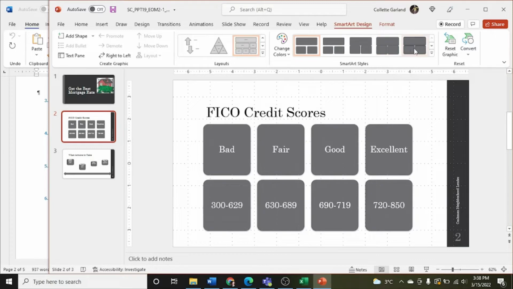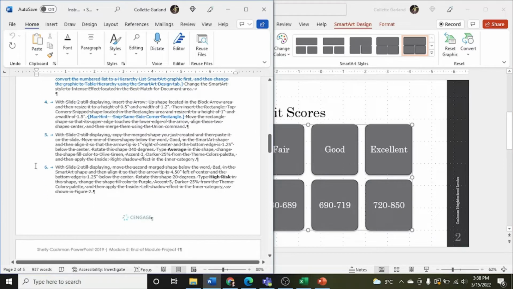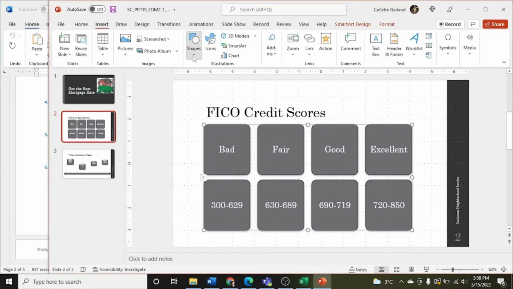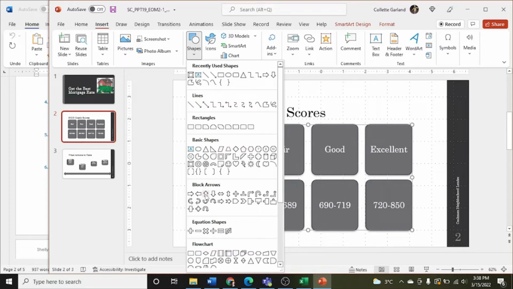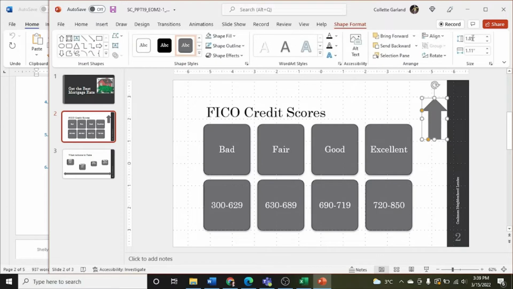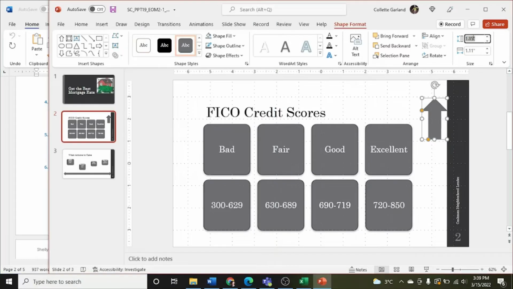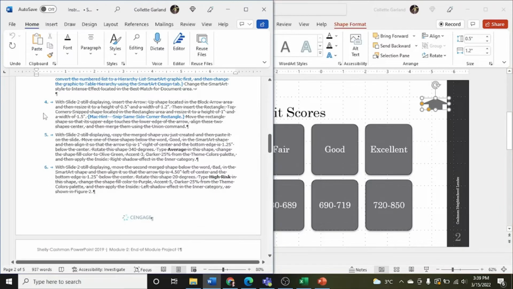There we go. Step 4, with slide 4 still displaying, insert the arrow up shape located in the block arrow area and resize it to a height of 0.5 and a width of 1.2. So insert a shape, arrow up, and I'm just going to draw it in there and then retype in what I need. So I think it's 0.5 and 1.2. Okay, and I need to move,